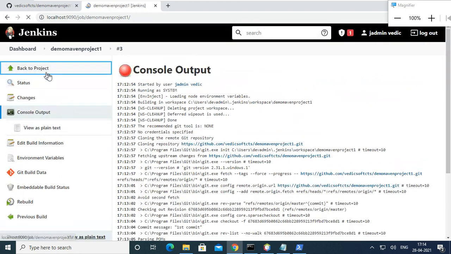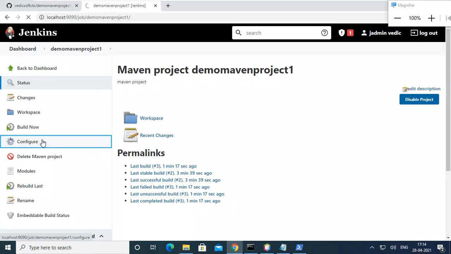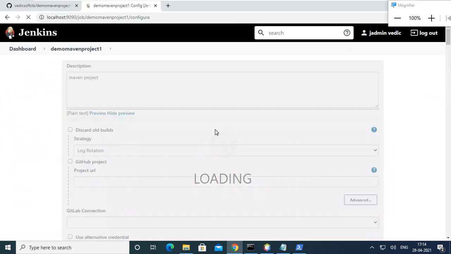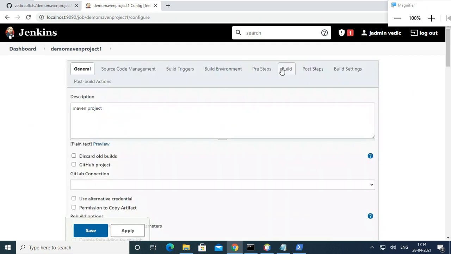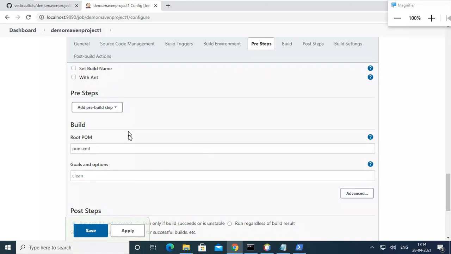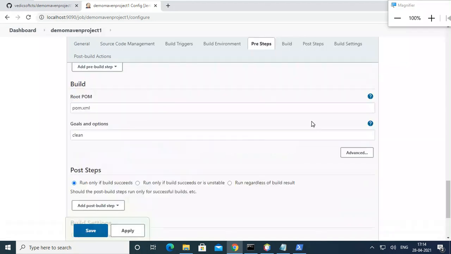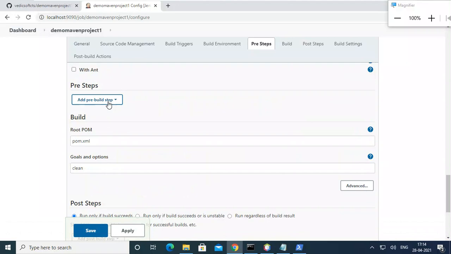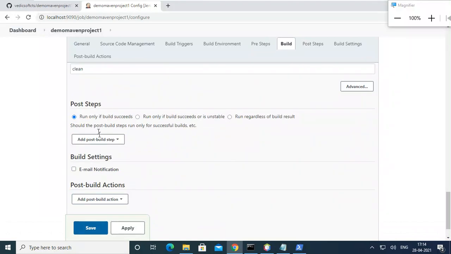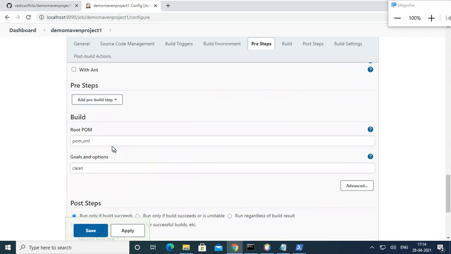Now this is how we can do it. We are done with only clean, and when you give the others, it is automatic. Yes, I got the point. This is a pre-build step. Advanced options we are not even using, it's a pre-build step. Okay, these are the build steps we need. So this is the build, this is the pre-build step.